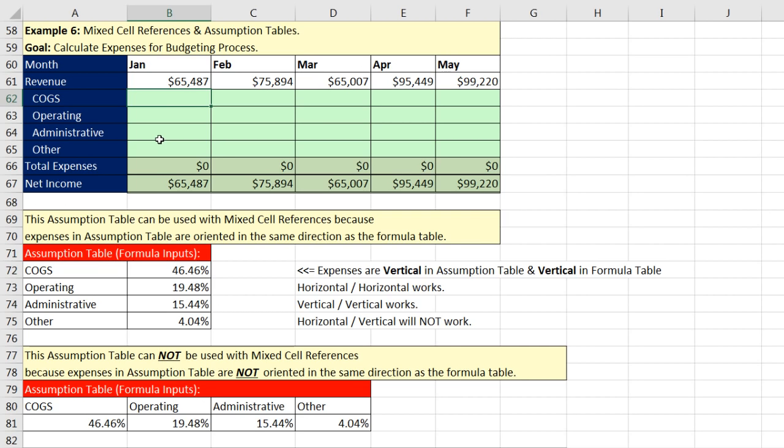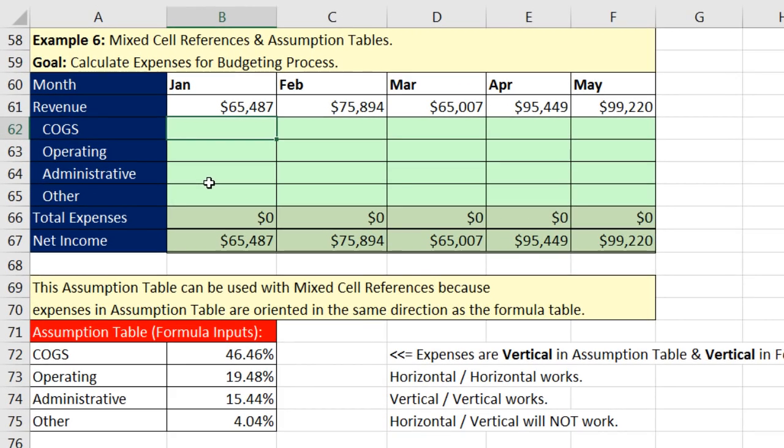expenses. Now, the way that most people do this, even the textbooks that teach Excel, is they'll do something like this. I'm going to take January revenue, and since I'm copying it down and I need it locked, I'm going to hit the F4 key. And then we're going to multiply. And because we have cost of goods sold, operating, administrative, and other in the same vertical order as we do down here in our assumption table for our formula inputs, I can simply click on a relative cell reference 10